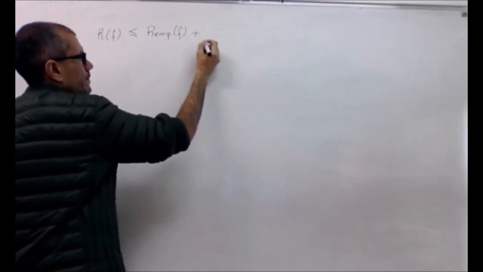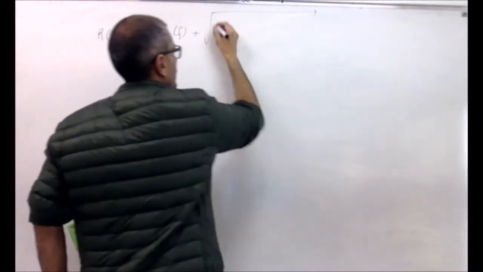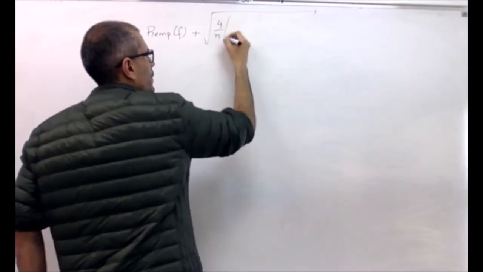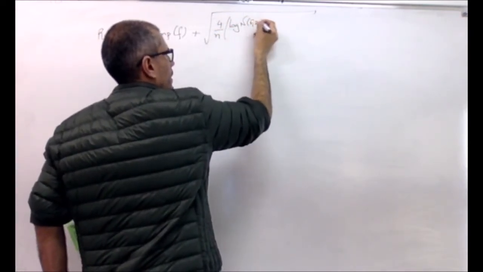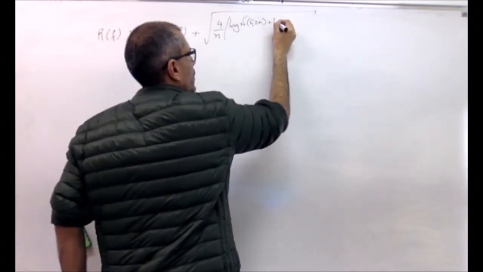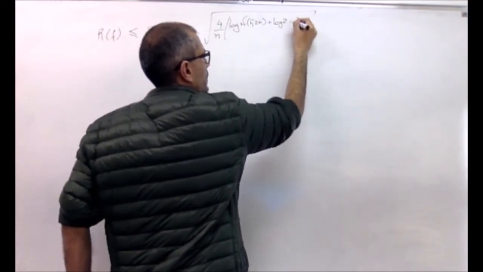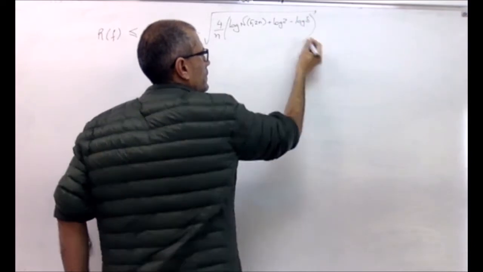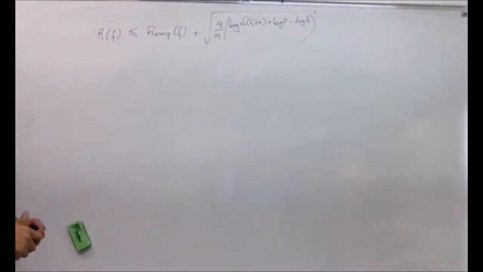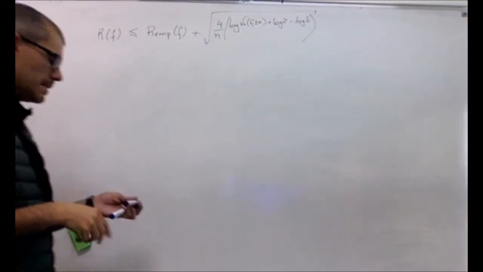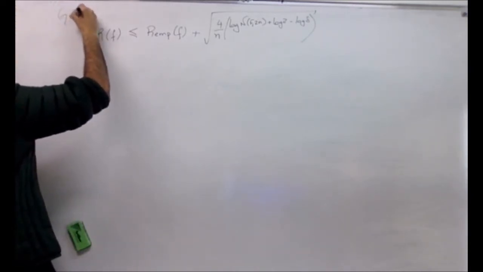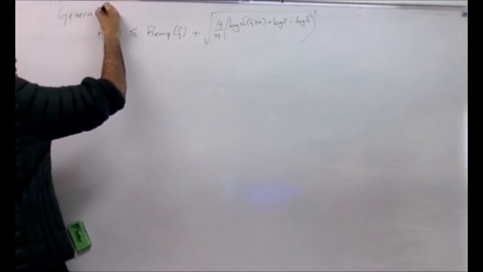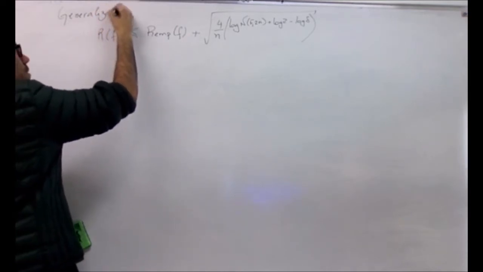There's an equation. You guys let me know if it's wrong or not. I think it's right, but let's remember it's like log of 2, right? Minus log of delta. Okay, so that's a point. So I can look at that generalization bound